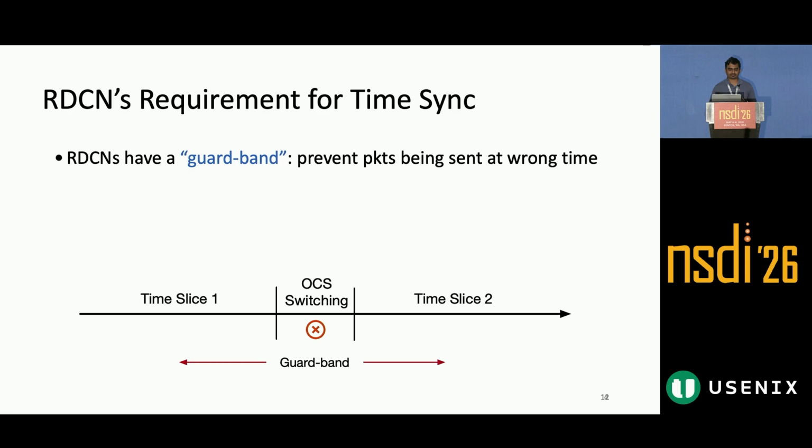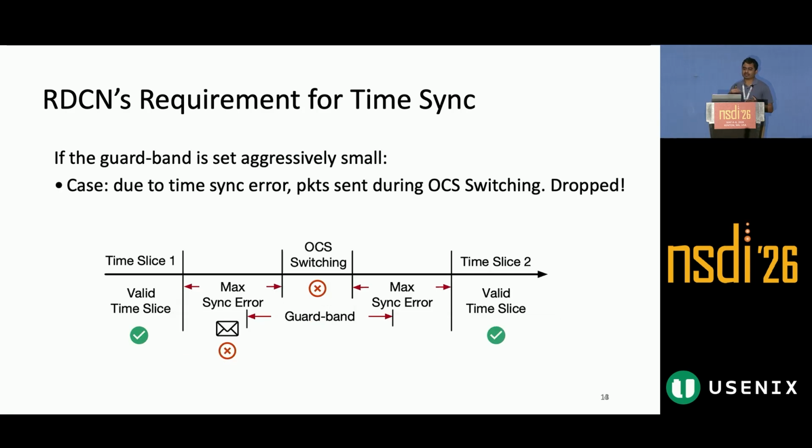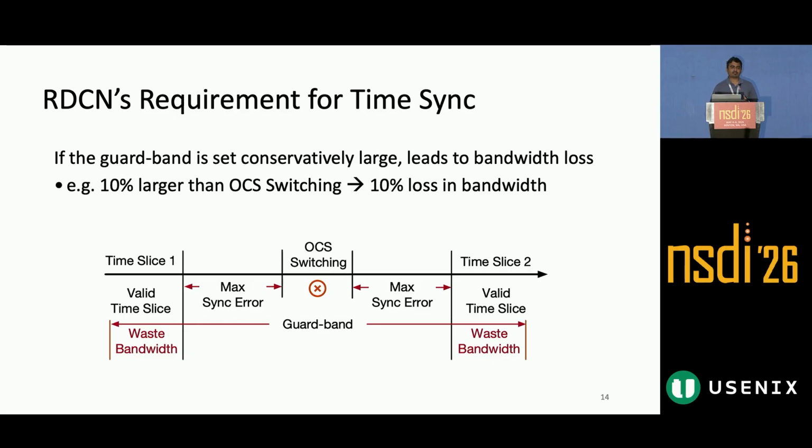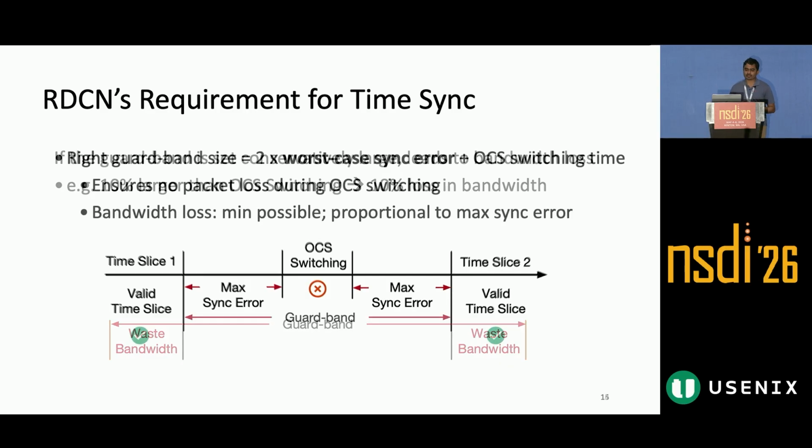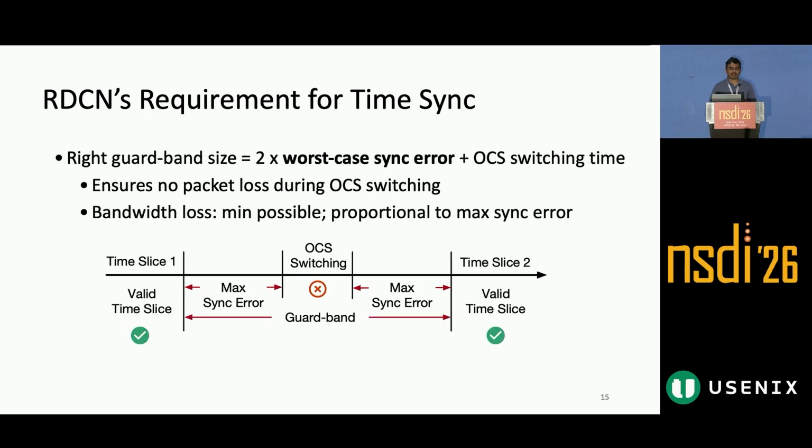the wrong time. Now, if the guard band is set aggressively small, then there may be a case that due to time sync error, packets are sent during OCS switching and then they get dropped. On the other hand, if the guard band is set conservatively large, then it leads to bandwidth loss. For example, if we set the guard band about 10% larger than the OCS switching, then it leads to 10% loss in bandwidth. So the right size for the guard band becomes that it should be 2 times the worst